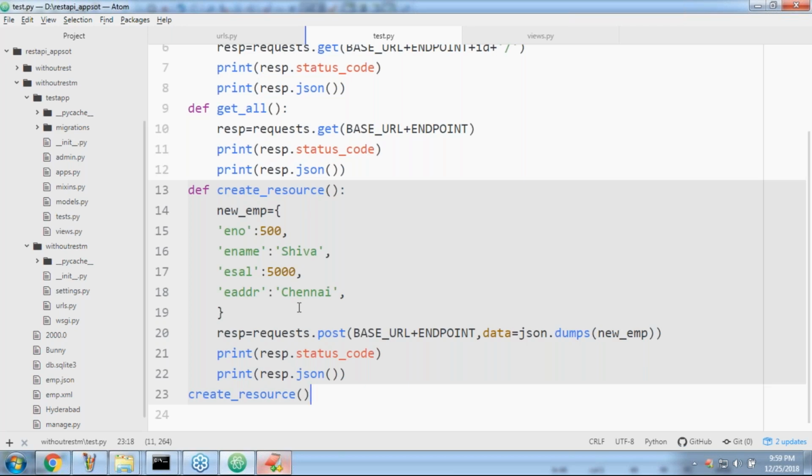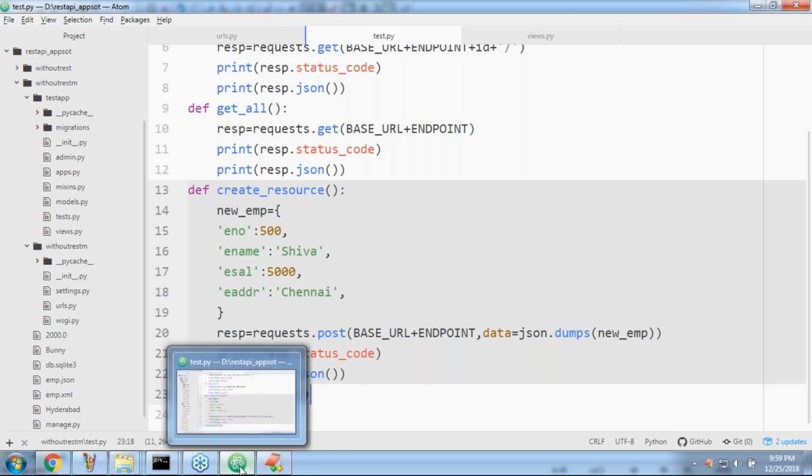The CSRF token is a very common thing at web level. In every language, for every web application, these types of requirements are very common. Don't worry. The partner application that is going to use it will be aware of this. I will intimate it in my documentation to the people who require it.